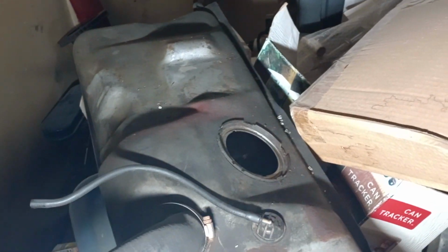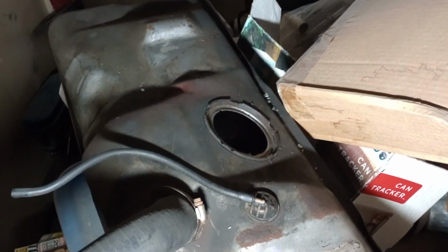Say hello to Mr. Fuel Tank, which lacks a sending unit in it. But this is the fuel tank. It's a 16-gallon saddle. And I can't remember, because I did not take this tank out while it was in here for Snake. Anyway, the sending unit on this, aside from being completely and utterly obsolete,